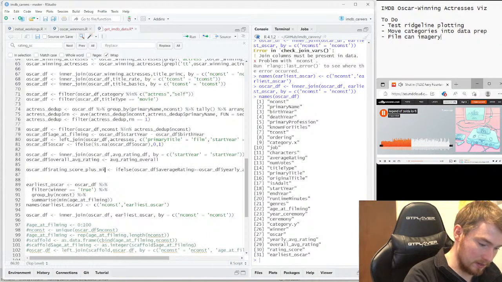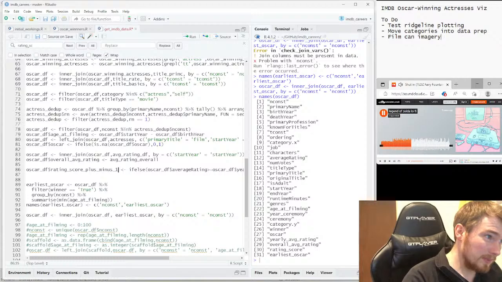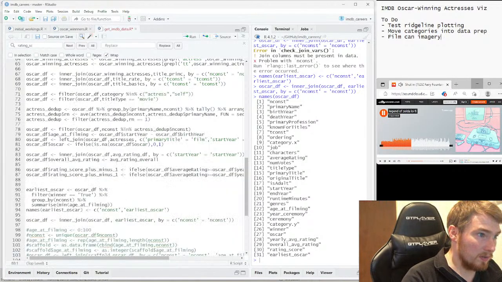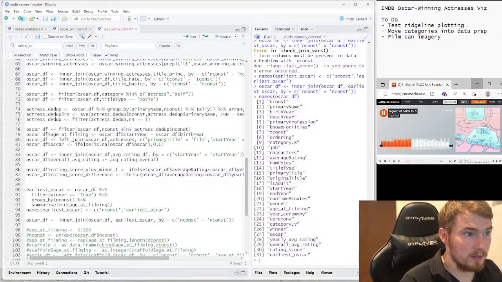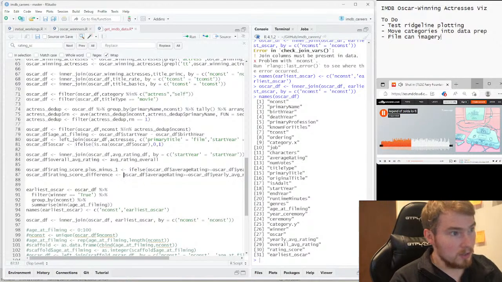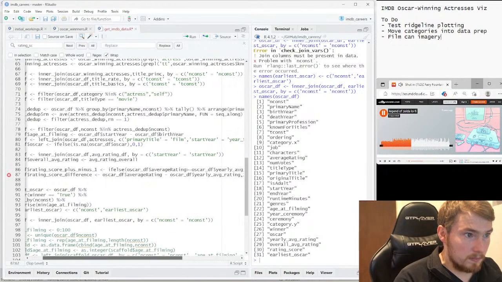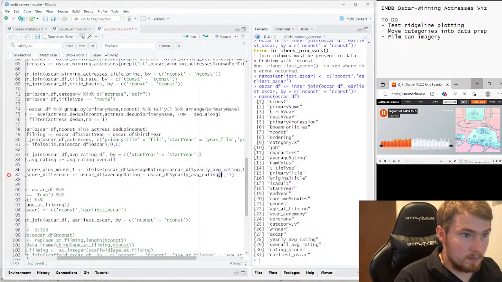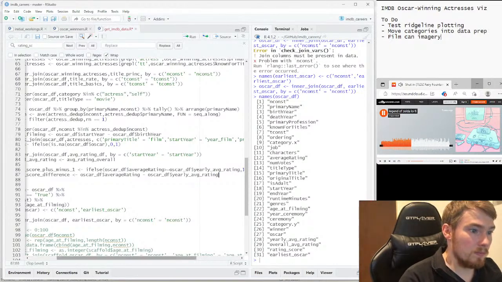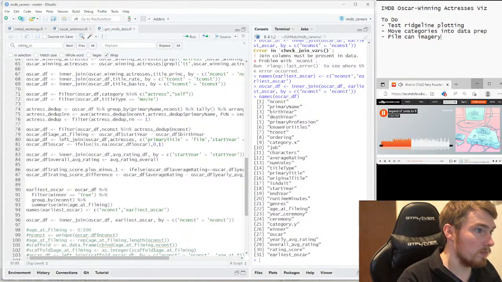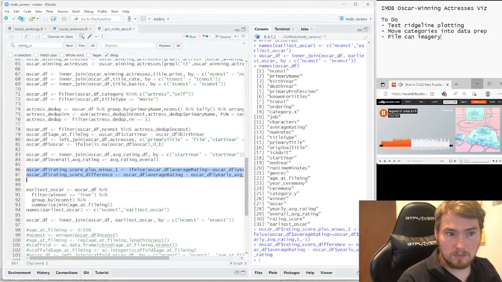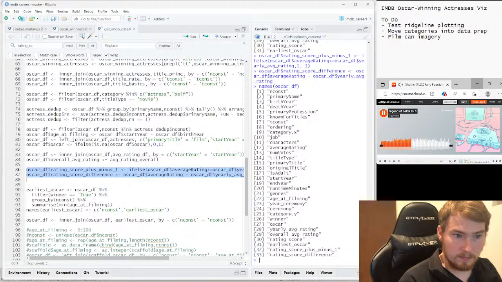Rename this plus minus 1 and making the one rating score difference, so the difference between the two years. Okay. Cool.